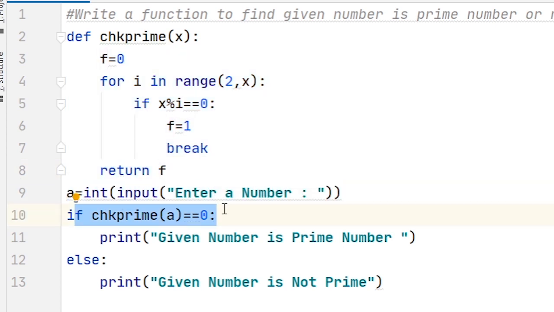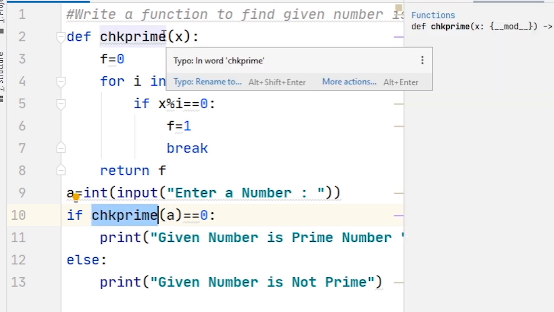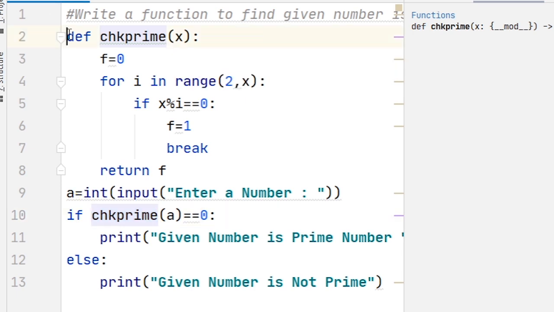After that line number 10 is executed. In line number 10, there is a function call statement, check prime. Here you can see check prime is a function. It is a user defined function. So the controller jumps to the function header, at line number 2,